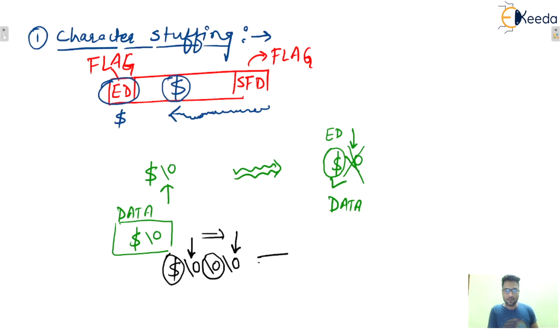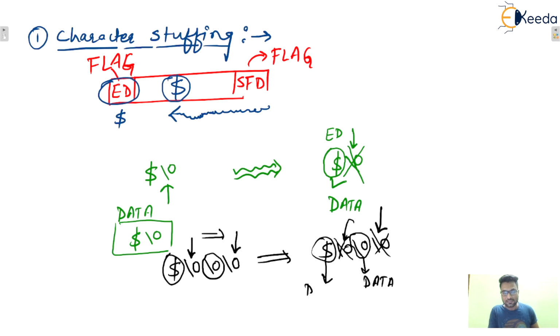So whenever this goes to the receiver, the receiver will think that yes, one null character is there, then it will remove this null character and accept the next null character as data, isn't it? Next, again the receiver will see one more null character, so it will remove this null character and read the dollar as data. So we can say that whenever there is a matching, the null character will be used.